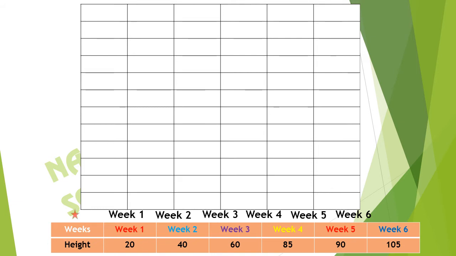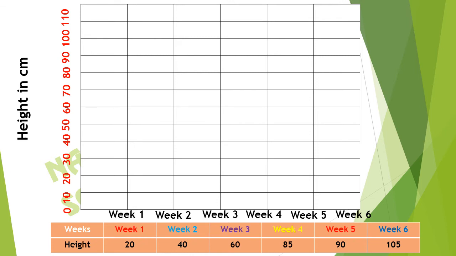If we see this chart vertically, here it is the y-axis, and the y-axis shows the numbers that we are going to measure. So here we are going to measure the height in centimeters. We start from 10, 20 and move on to 110. We are taking the interval of 10 centimeters, as the smallest value we have is 20, but we are taking the interval of 10, so we start from 10 and move towards 110.